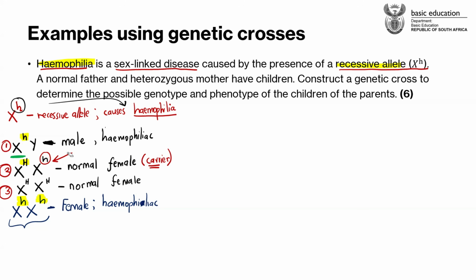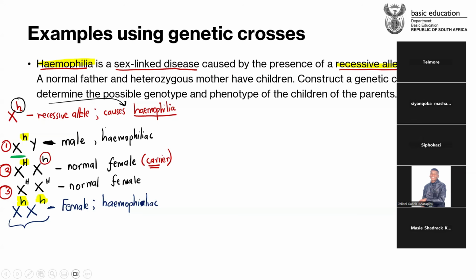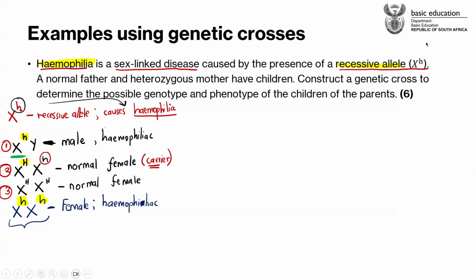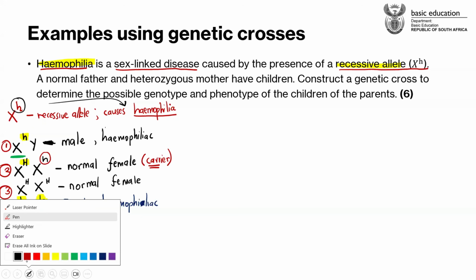Yes, and mother? I wanted to ask you, according to my understanding, when I look here I see the difference between the normal female that is a carrier of small letter h and the normal female that has both capital letter H. Is it that the one that has a small letter h, when we do a monohybrid cross, it will affect the male, right?